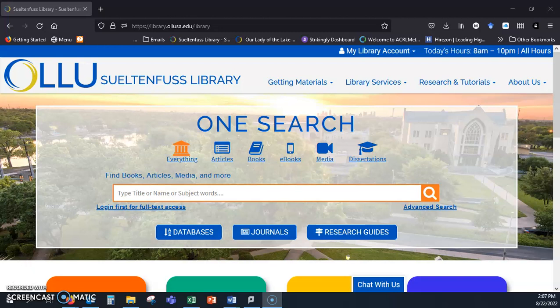Hello, this is a brief introduction on how to use Academic Search Complete to conduct and refine a search on a topic. You will want to access Academic Search Complete from the library's homepage,